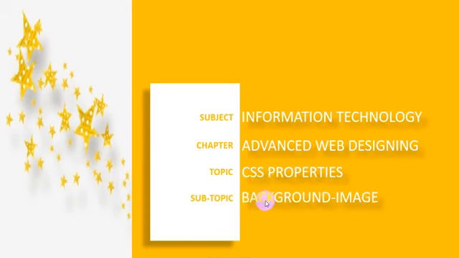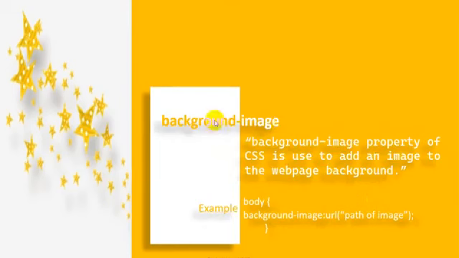Now see, background image is a property of CSS. Please student, focus over here. Background image is a property of CSS which is used to add or insert a background image to your web page.